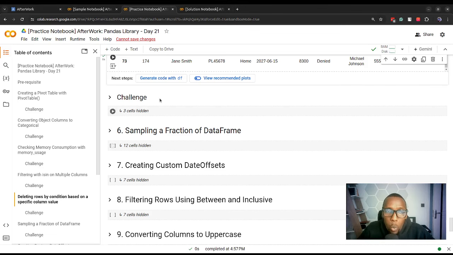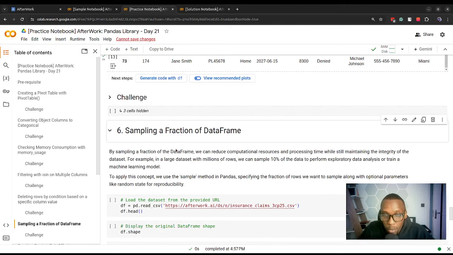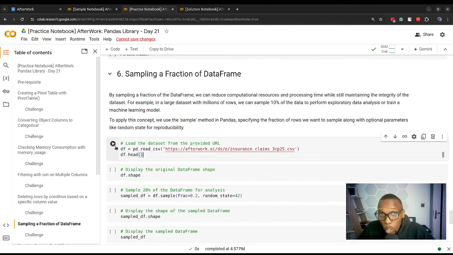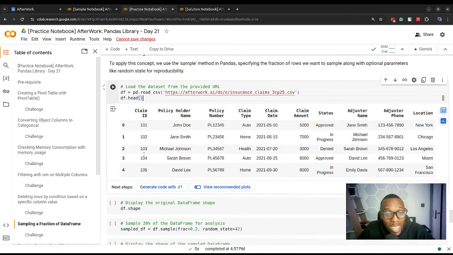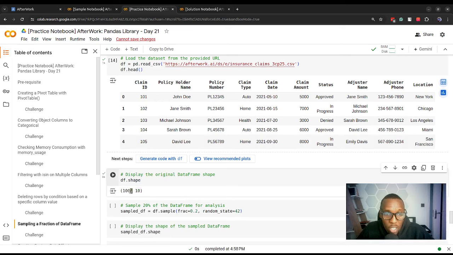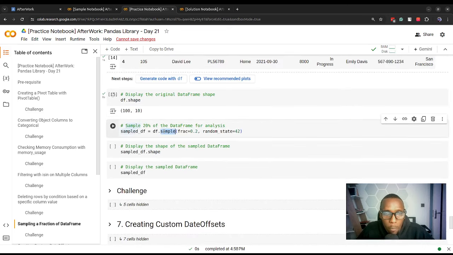In some cases, we might want to get a sample, or just some records which are representative of the entire data set. We might maybe want to get a fraction. Instead of just saying how many records, just specify maybe 20%, 10%. So assuming that we had this data set and we wanted to get a representative sample, using simple random sampling, where each and every element in the sample would have equal chance of being selected. If this data set contains 100 records and 10 columns, then we can use the sample function